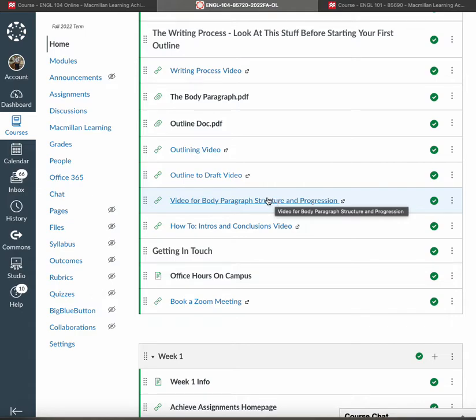So I'm really going to encourage you and harp on you about doing body paragraphs the way that I ask you to do them. And I can promise you that if you do your body paragraphs that way, they will work regardless of what you're writing a body paragraph for, whether it's this class or other classes or on into the future.